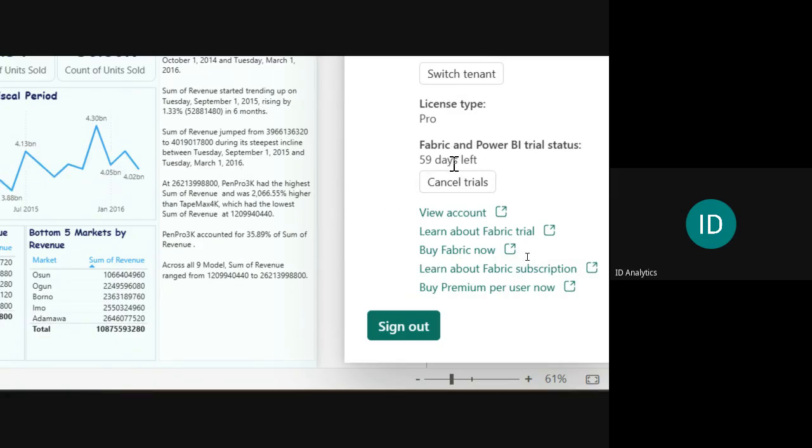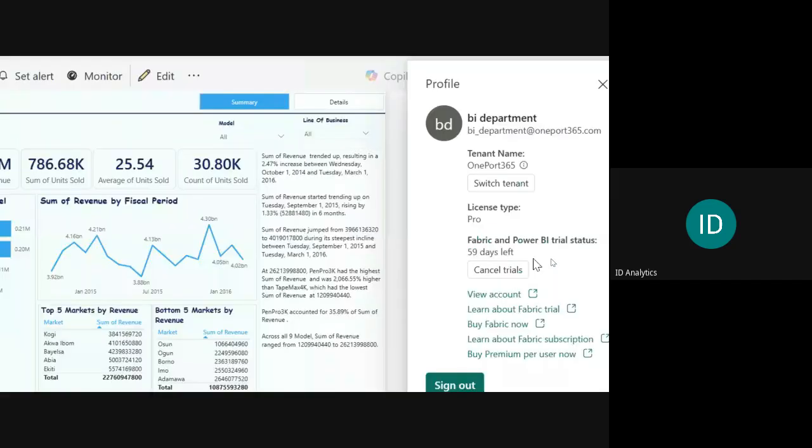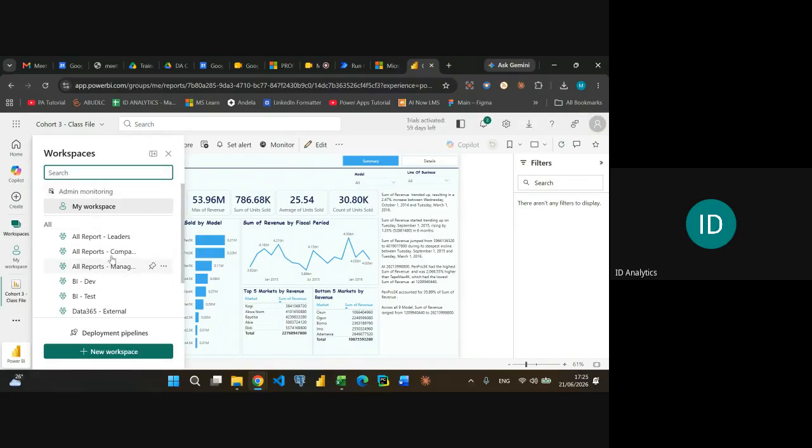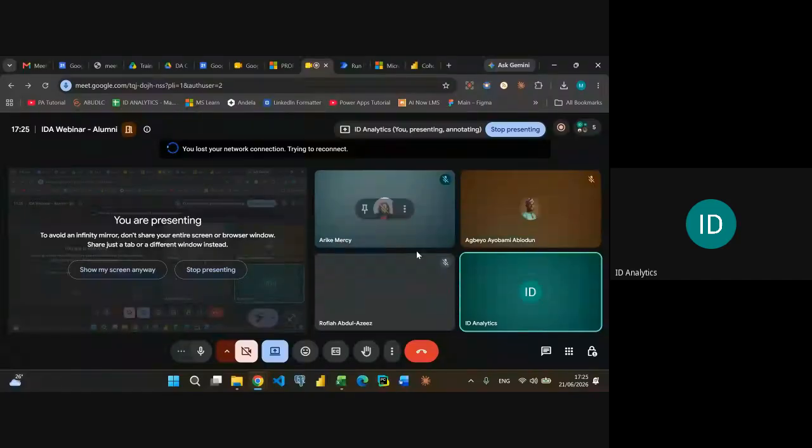It gives you 60 days trial or something, and this trial naturally will auto renew itself. Which means when it expires after 60 days, you can renew it. You start another 60 days. So it's something that you can actually use for quite a while. So once this is done, then the other thing is every single workspace that you have in Power BI is tied to